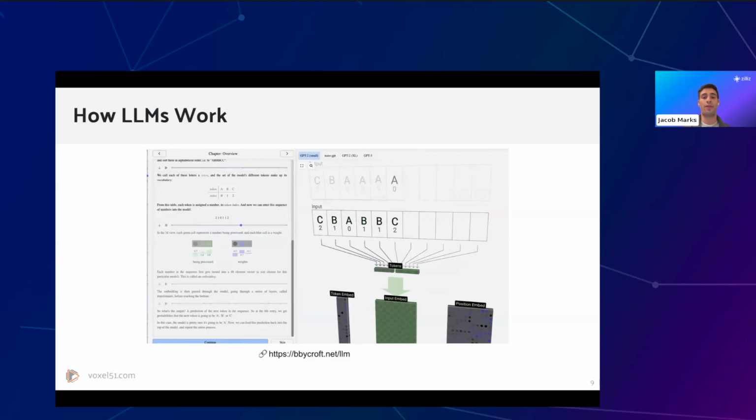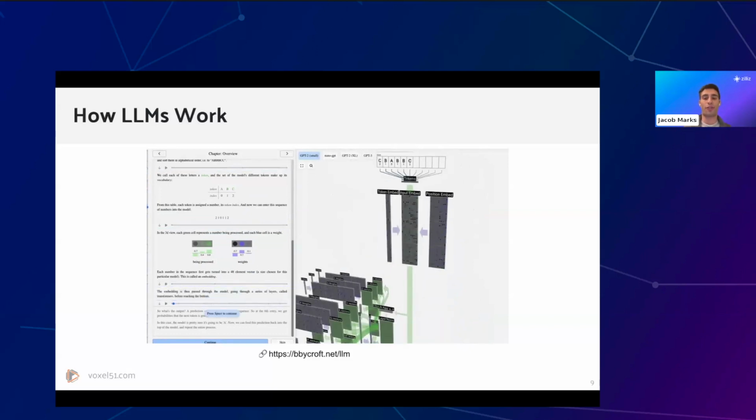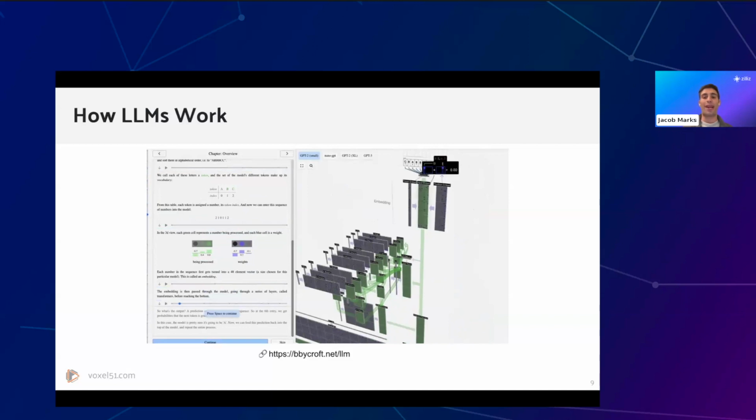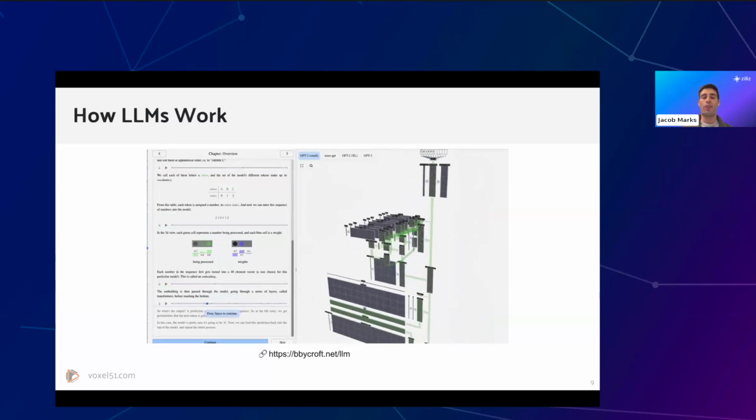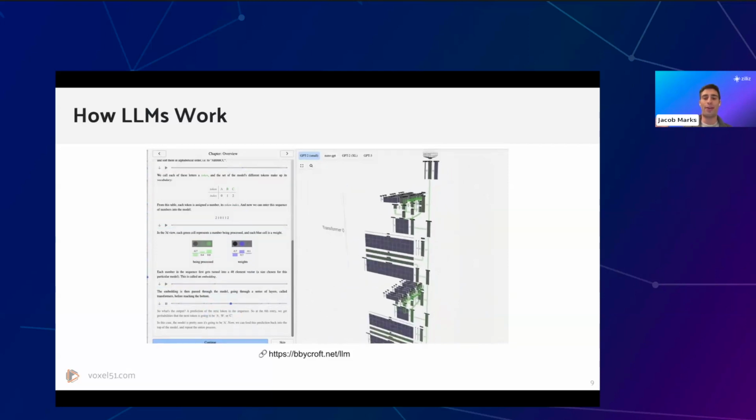These interactive visualizations of a few large language models, in this case, GPT-2, NanoGPT, and GPT-3. These are just a couple of architectures that are somewhat tractable to actually interact with in this visual dynamic way. It gives you a look under the hood at what's going on in these large language models. You can actually see as you put certain inputs in, or as you change certain parameters and knobs, how that propagates through to the different layers in the network.